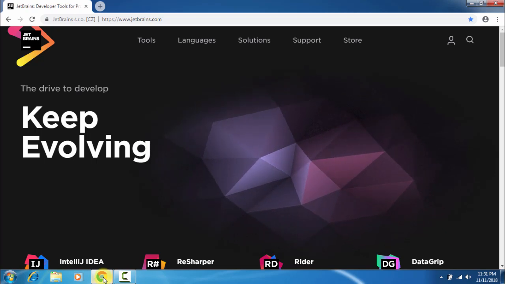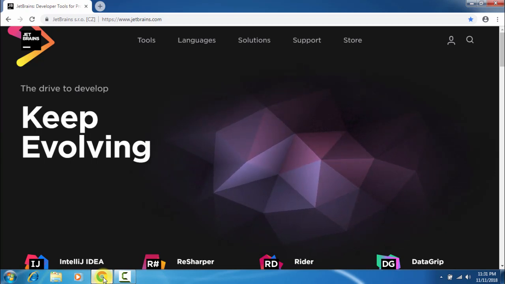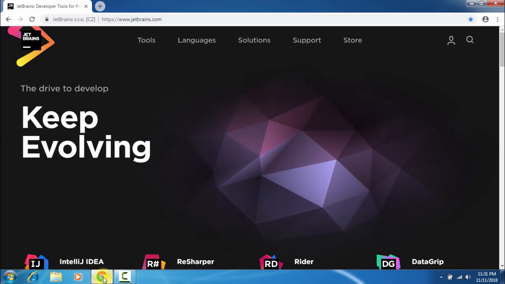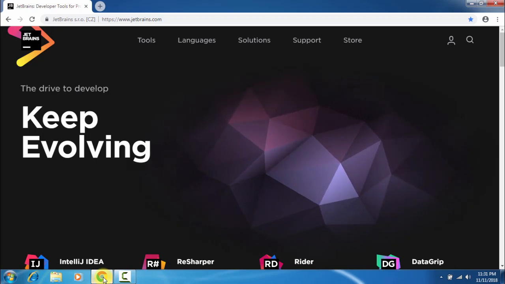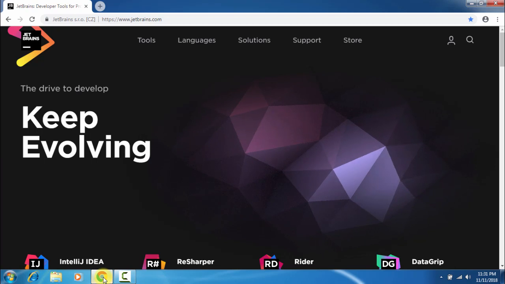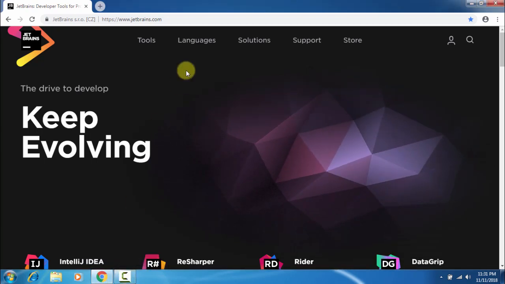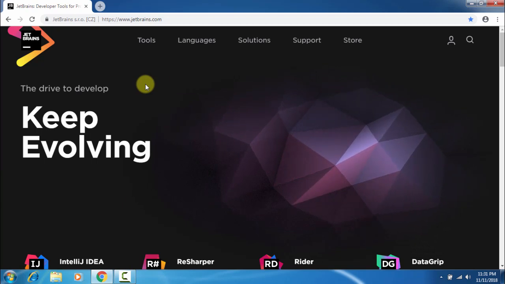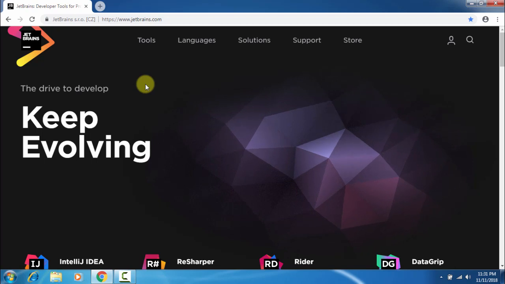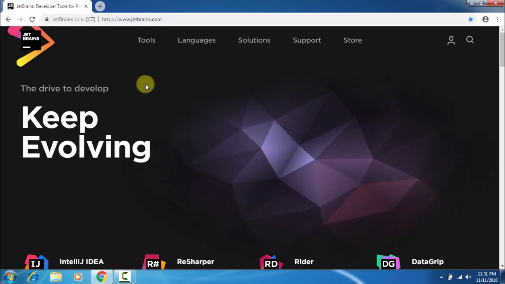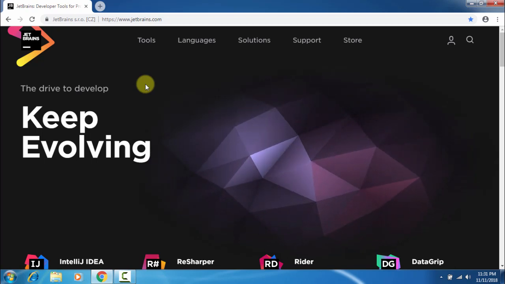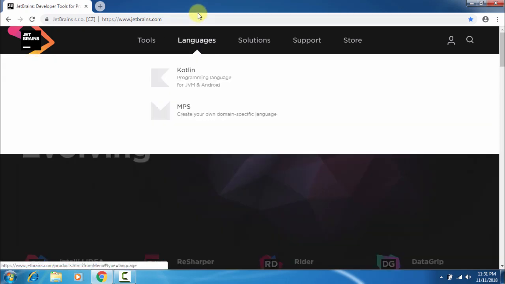The PyCharm IDE is especially designed to develop programs in the Python language, including projects, programs and files. Now we will see how to install the PyCharm IDE on Windows. Go to jetbrains.com,